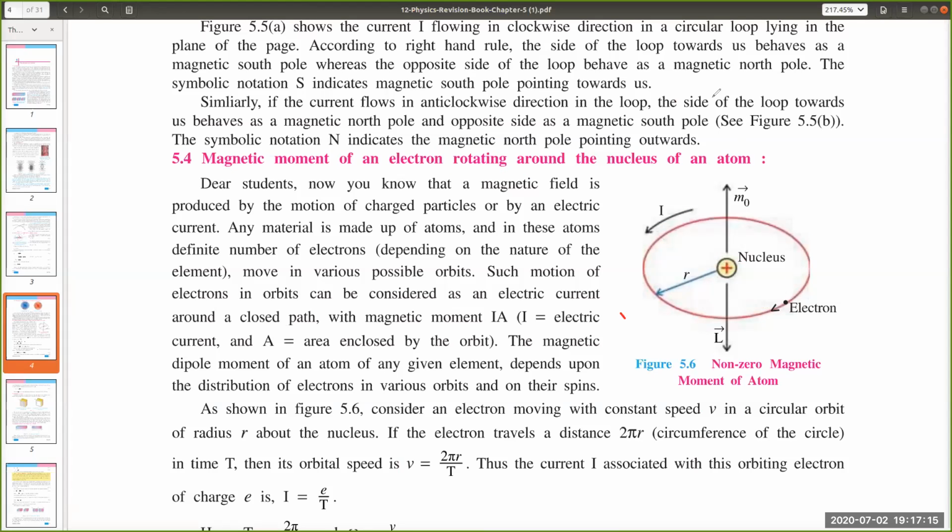So it will create a magnetic field. Now all the magnetic properties of matter you have heard of, like fridge magnets being magnetic, what is the origin of magnetism? This is the origin of magnetism. Now this charge, the electron charge, is e, and it is rotating with angular velocity omega.